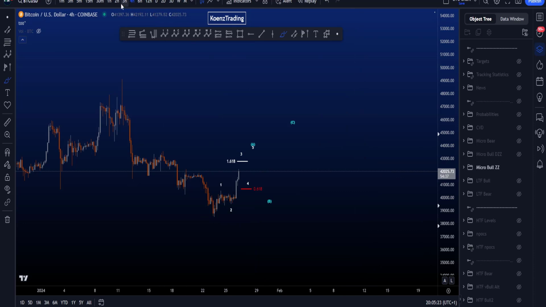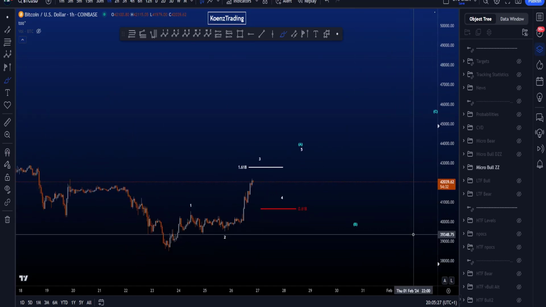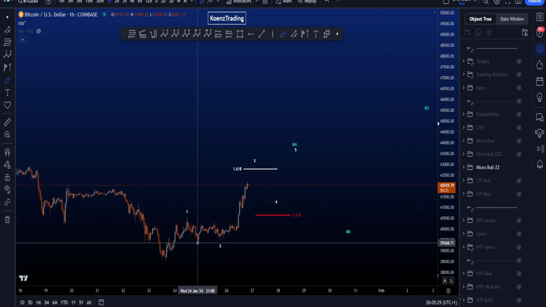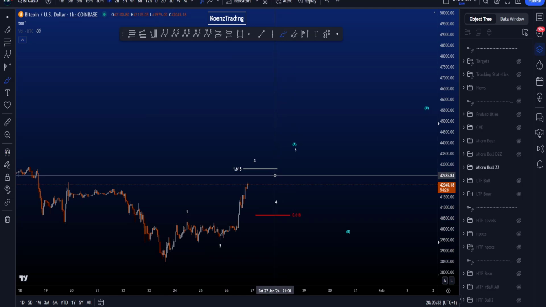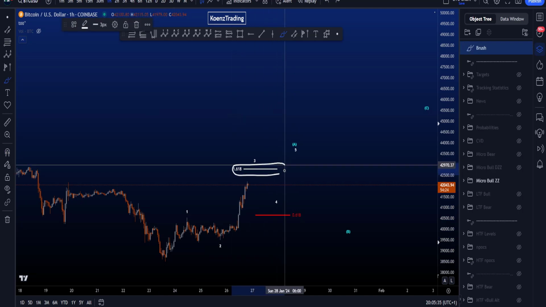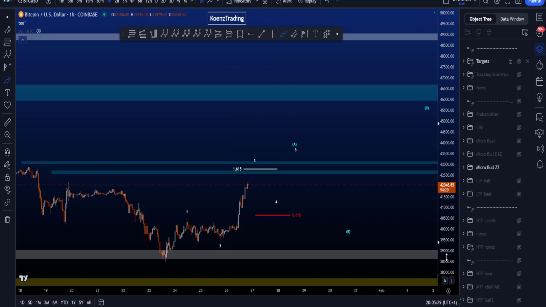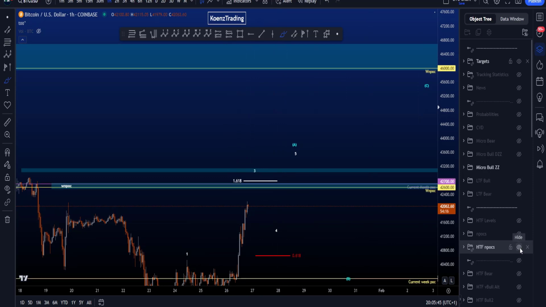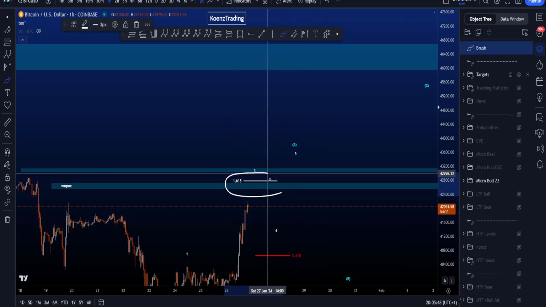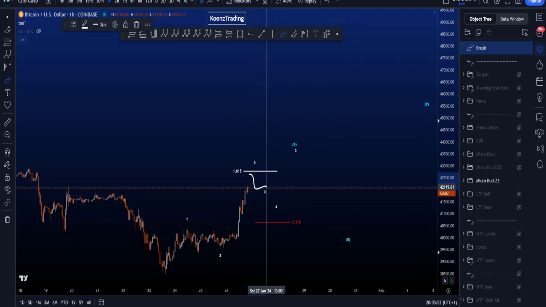If we then zoom in to the lower time frames, then we have two bullish scenarios. The first one here is an impulse to the upside in a wave 1, 2, looking for a 3, 4, and 5. Usually the minimum target for wave 3 is the 1.618, sitting at 42.8k, which is in confluence with this target box over here, which includes that weekly naked point of control and the current monthly naked point of control. So that is quite interesting resistance,